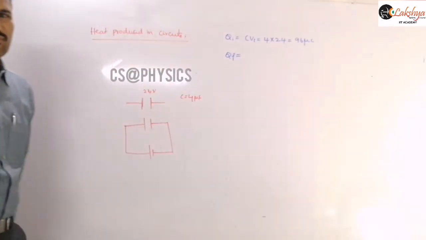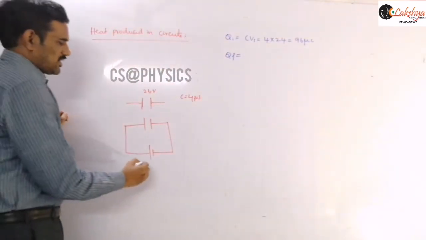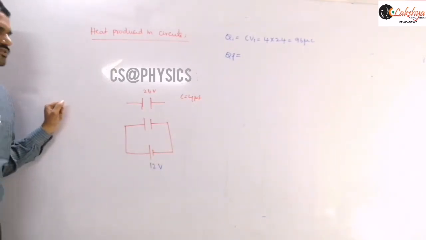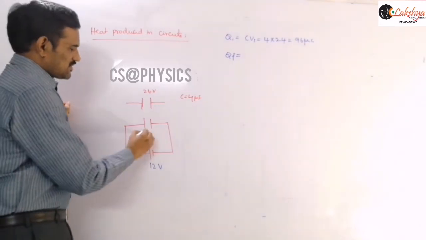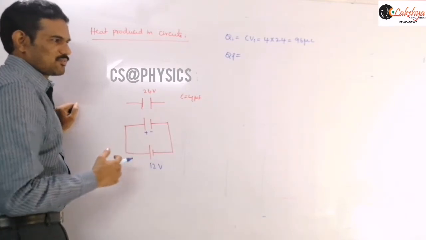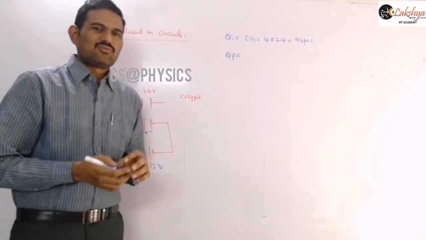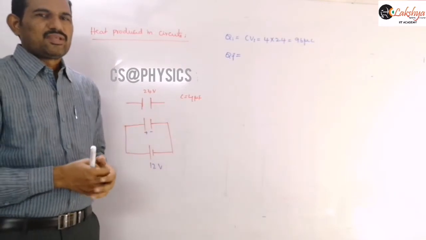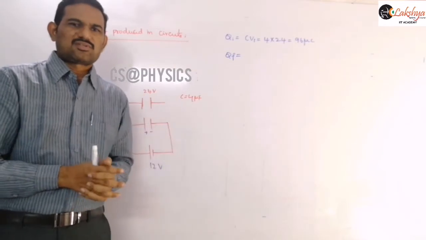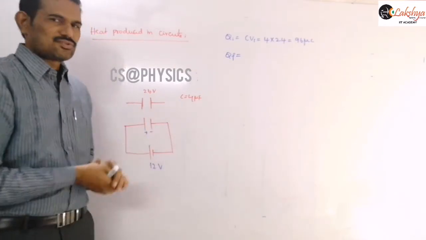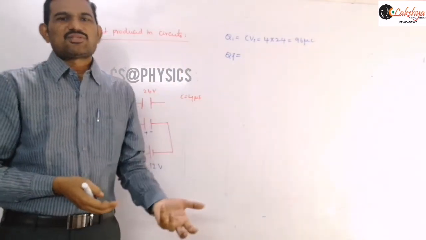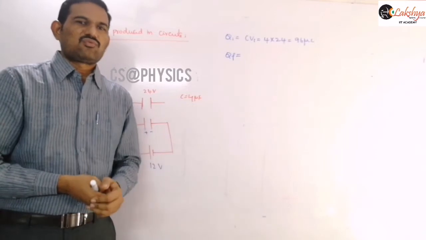And now the final charge. Can you say how much final charge will be stored on that? Now we are charging it by using a 12 volts battery here. We are charging that capacitor by using a 12 volts battery, and so this is positively charged and this is negatively charged. Once you are connecting a battery of, for example, 5 volts, the final potential difference across the capacitor will be 5 volts only, if only the capacitor is connected there and you are neglecting resistance of the connecting wires, even though initially it may be charged to 20 volts, or initially it may be charged to 40 volts.